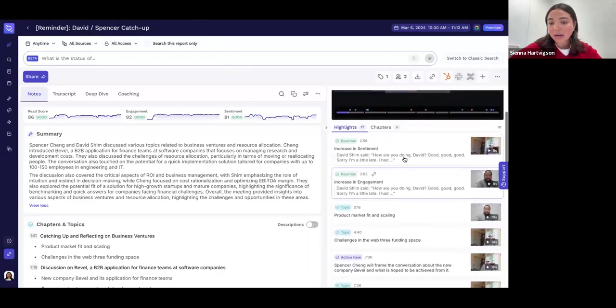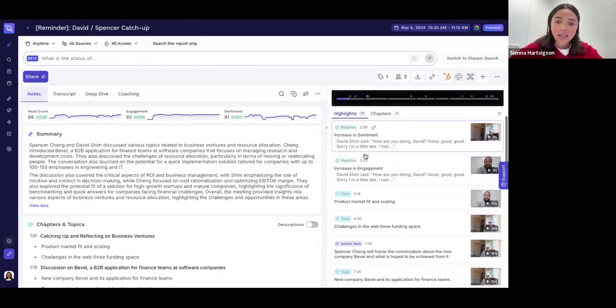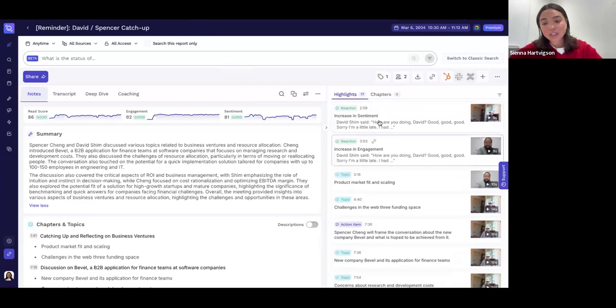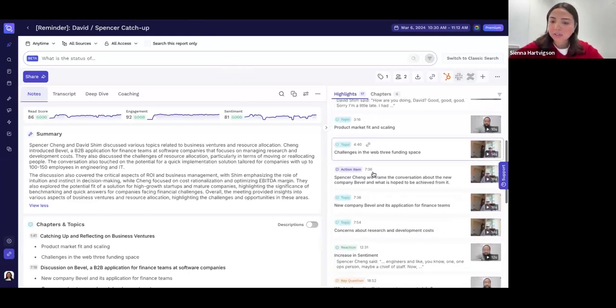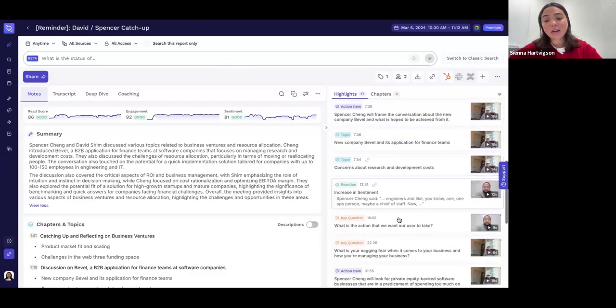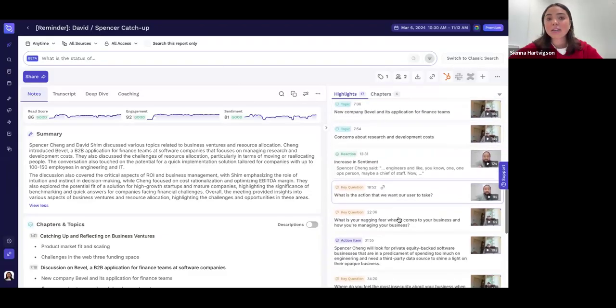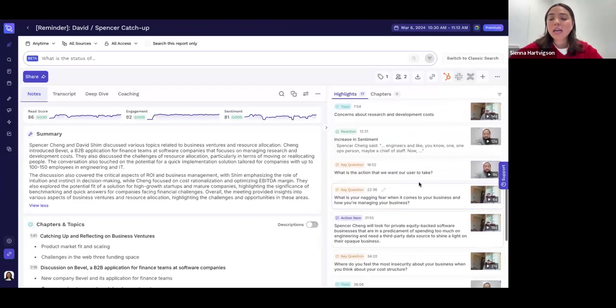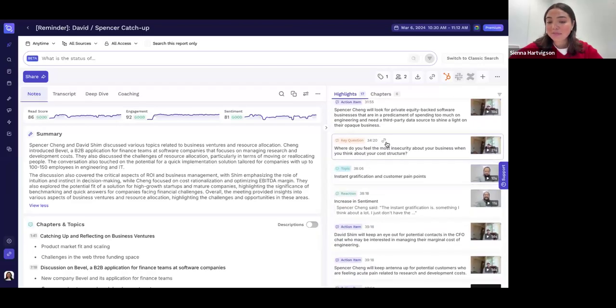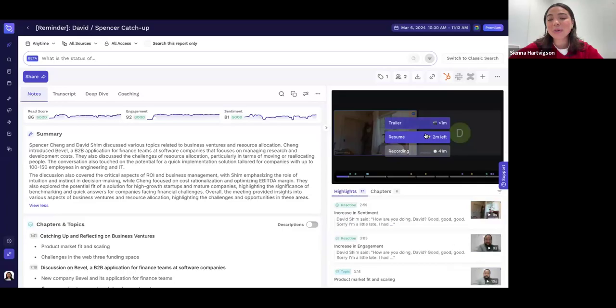How they condense that down into a highlight reel is we're going to pick up on engagements, reaction scores, if there was a new topic introduced, if an action item was discussed, or a question was asked. We're going to highlight those as key points in the call, offer them in video clip format, and also condense it into a quick highlight reel. That would be one way that I would get the gist of what was being discussed, or say, hopefully one day, if I'm a manager of a team, I can really quickly get an idea of what was discussed.